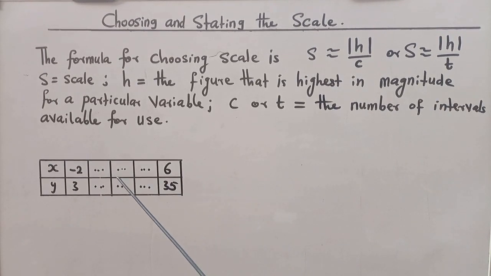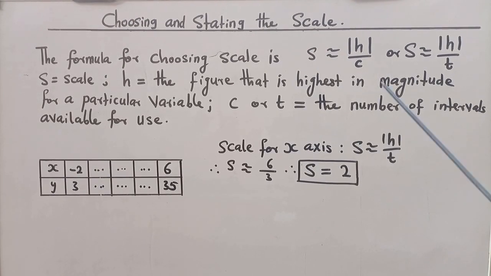Now let's assume that for plotting this on a graph page, after choosing our layout, we realize that from origin to the edge of the positive x-axis, there are only 3 available intervals. That means that t is equal to 3. Let us choose a scale for it. Scale for x-axis